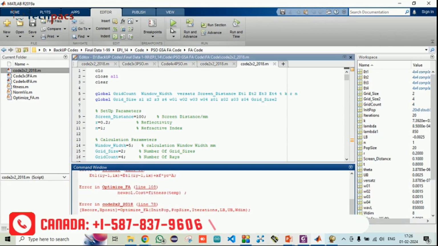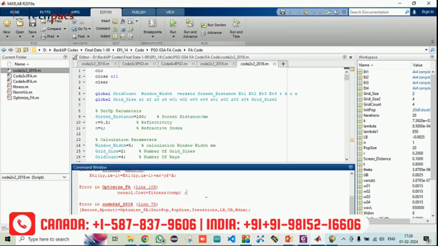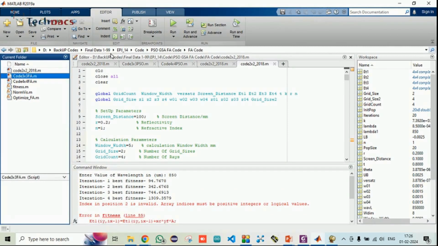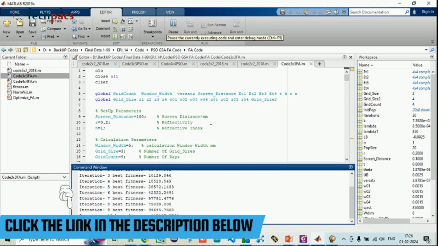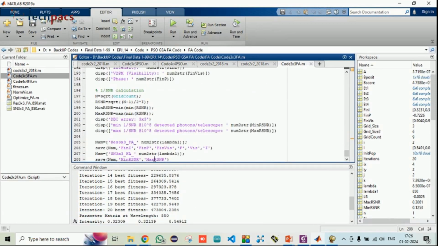And finally we did the analysis of which of the systems is giving us the better outcomes. Might be there is index position logical. You can see here I'm running this 850. It will process for a number of iterations and give the results in terms of this, right? So this is how we were getting the results, and results are being saved at the end with their